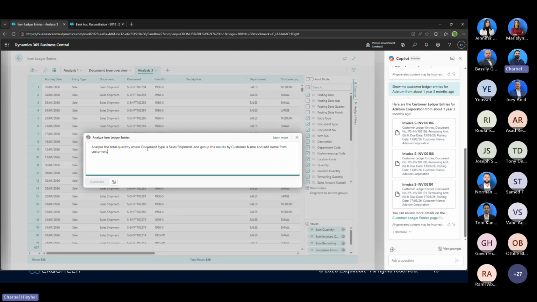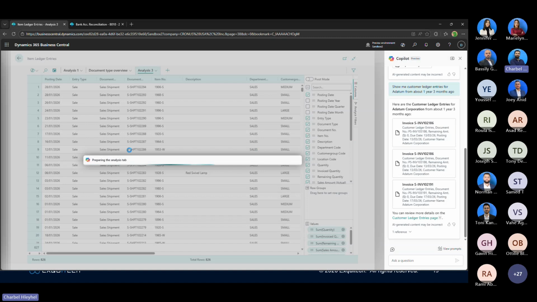Just for the sake of time, I wrote it before. So what I would like to see is the total quantity, where the document type is sales shipment, group the results by the customer name, and I would like to see the name actually. So once I press on generate,